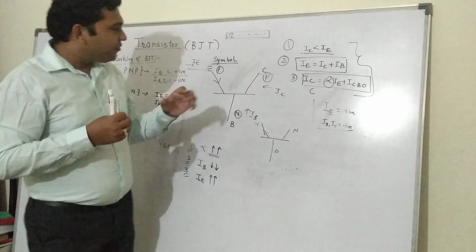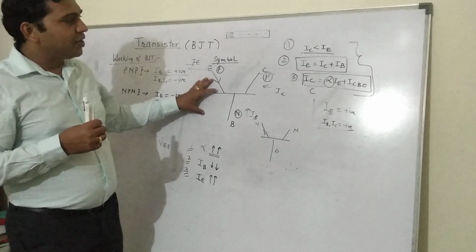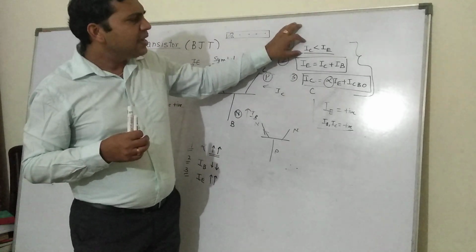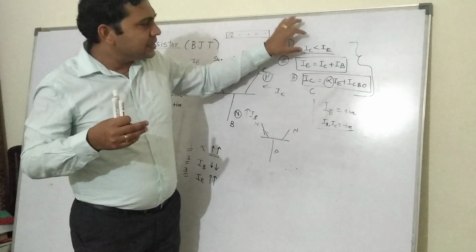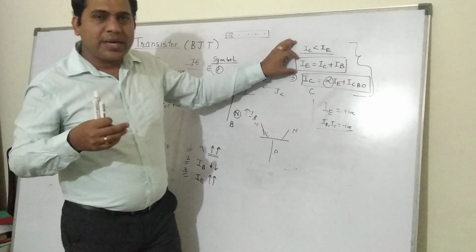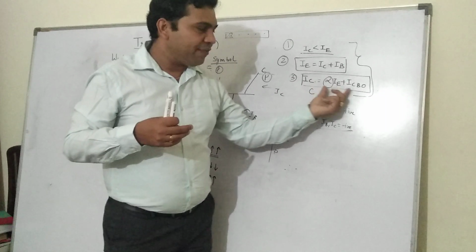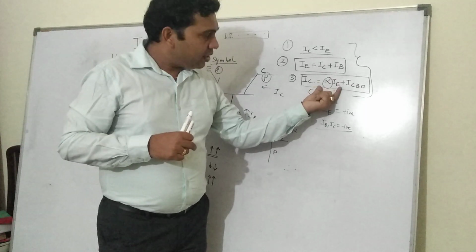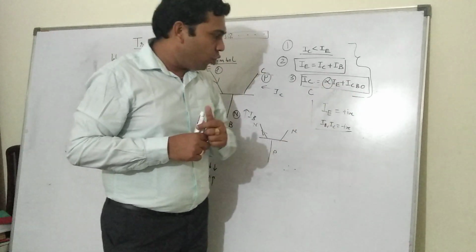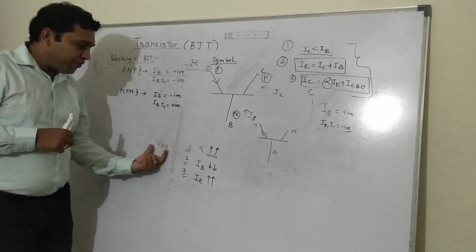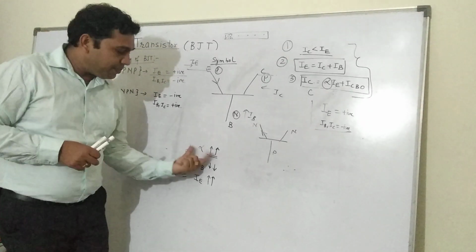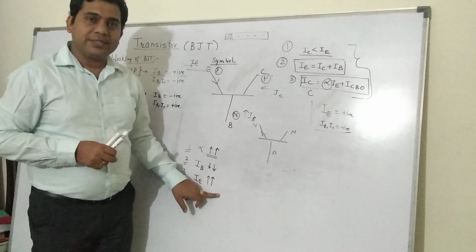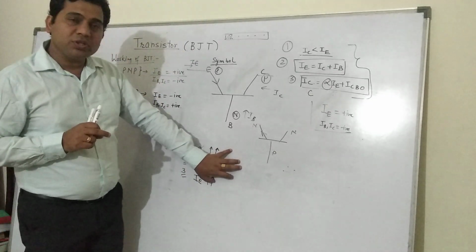Then we have seen the working of the transistor. From the working, the conclusion is that IC is approximately equal to or less than IE, whereas IE is equal to IC plus IB, and IC has two components. Number one, the part of emitter current which is reaching the collector, called alpha IE. The other component is ICBO. Then we have seen that if you increase VCB, alpha is going to increase, IB is going to decrease, and IE is also going to increase. These are three things you need to remember for the coming lectures.